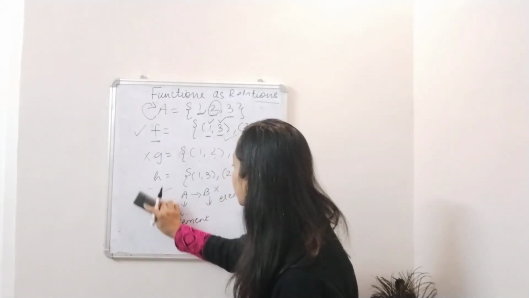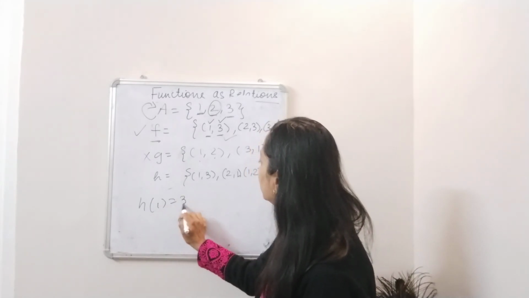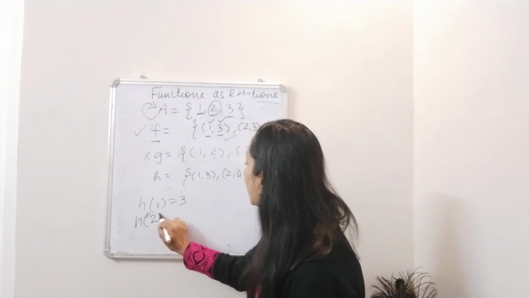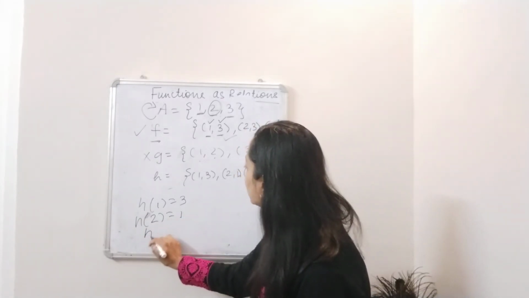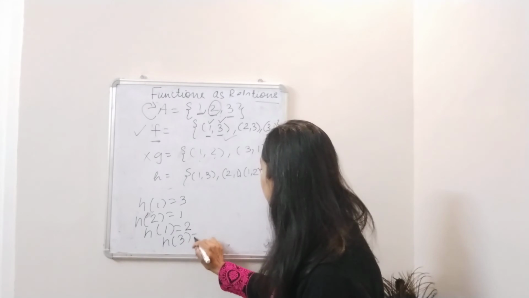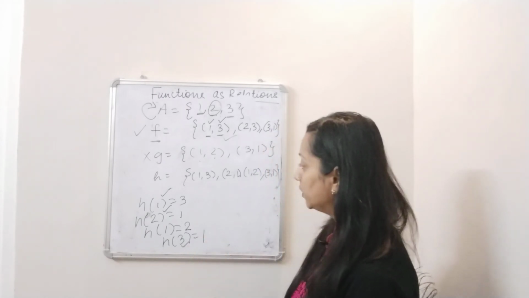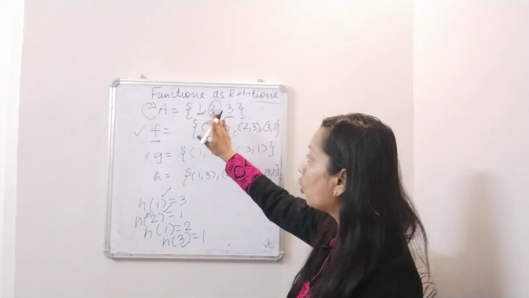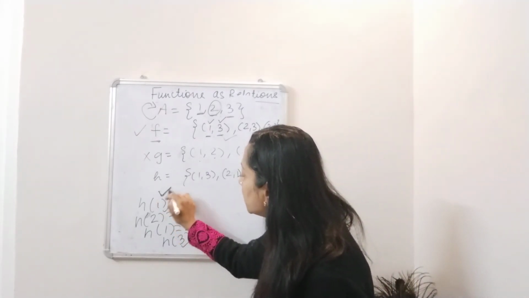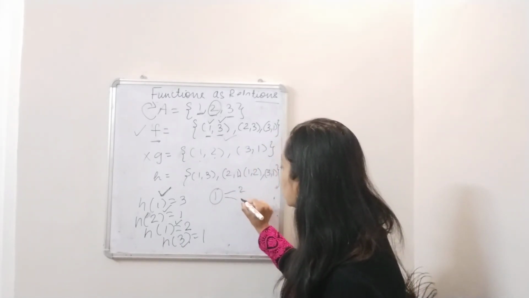Okay. Then moving on, let's move on to the third function h. h of 1 is assigned a value 3. Okay. h of 2 is assigned an image 1. Then h of 1 is again assigned an image 2 and h of 3 is assigned an image 1. Now here all the elements are covered. 1 is covered, 2 is covered and 3 is covered. So that means this condition we are satisfying, that all the elements of set A are assigned a value. But the element 1 has been assigned a value twice. That means 1 is having 2 images.